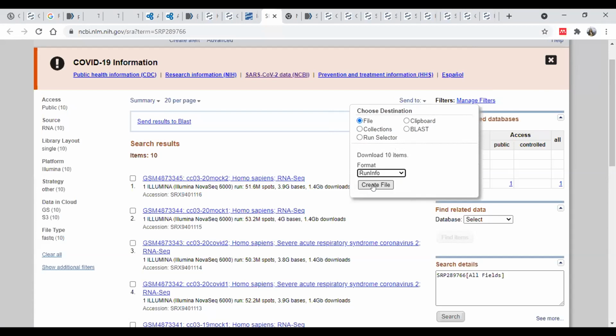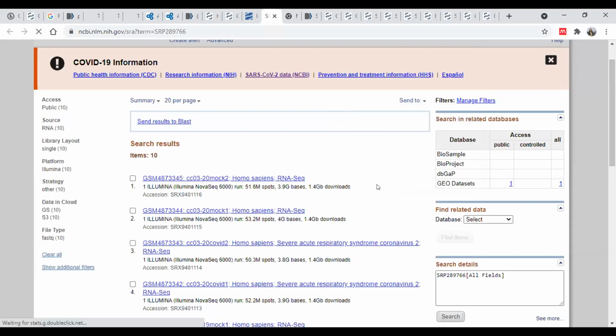Then we need to create this file. Now let me show you what this file contains. It's just a few KB.